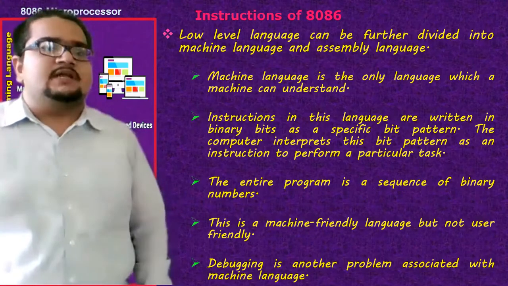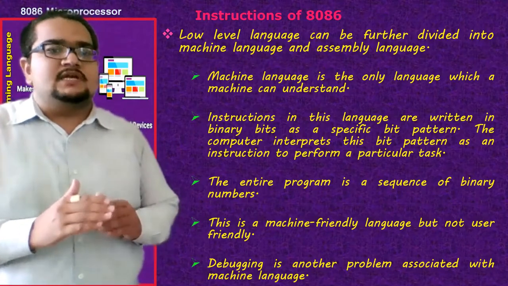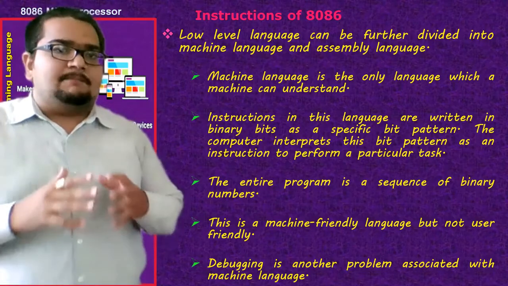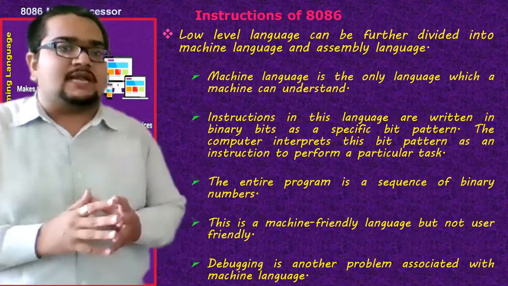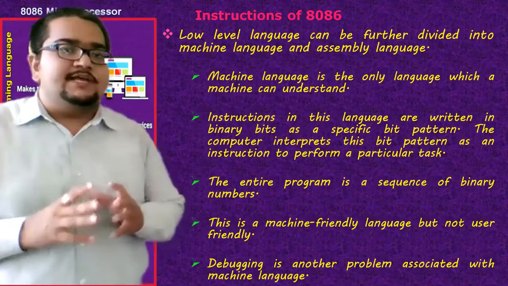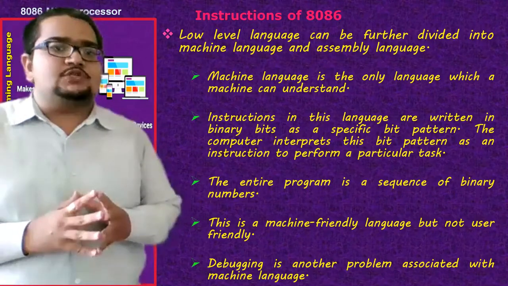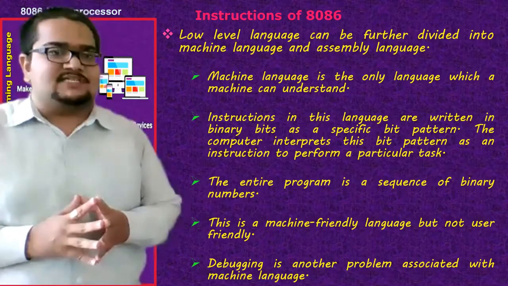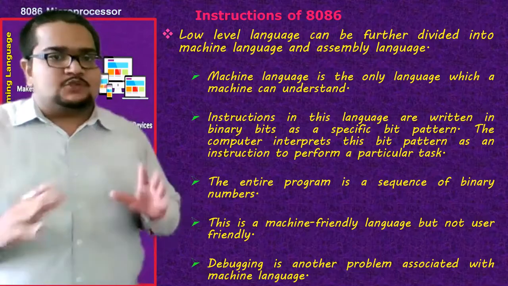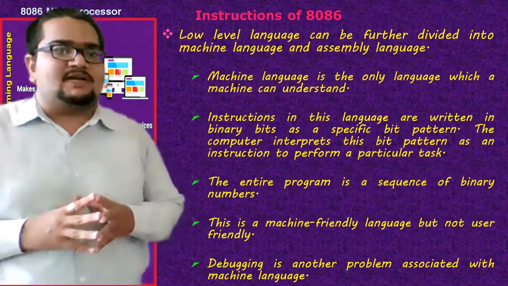So to avoid this, we take a step ahead to a language which we can understand and which relates very close to the hardware. The machine can relate very closely to that language, and we as humans can very easily understand it, so it becomes user friendly. As I say, assembly language is user friendly, though not as much as any higher level language, but it is very compatible and very hardware friendly also. So this is a type of bridge between the hardware friendly languages and the human friendly languages.